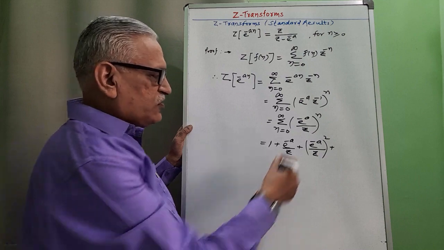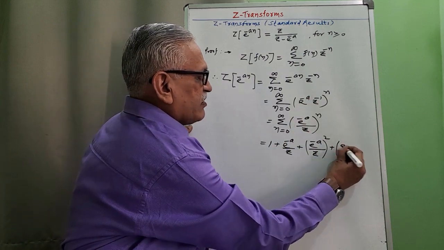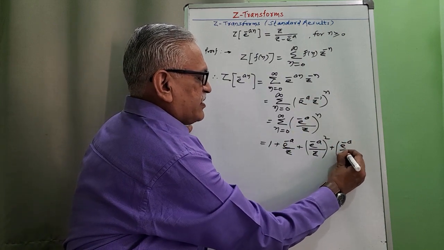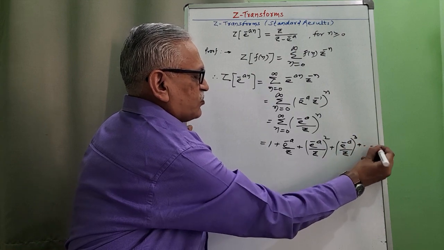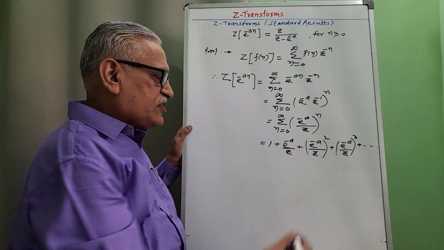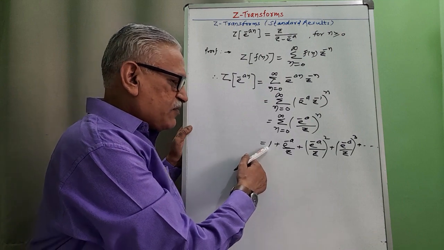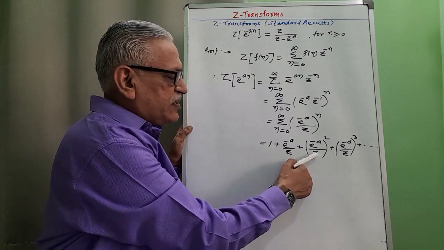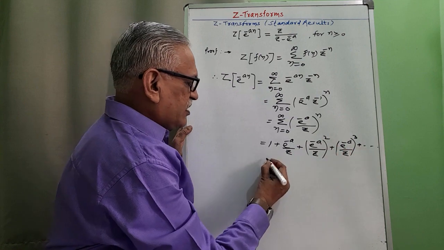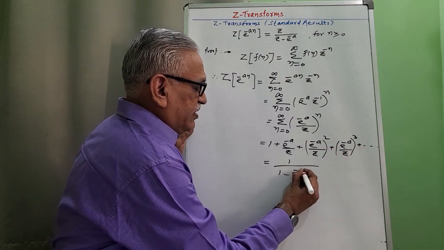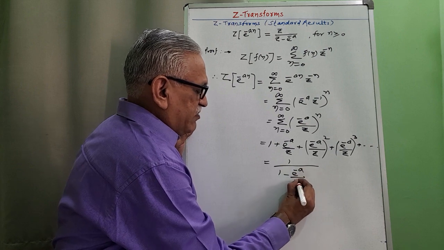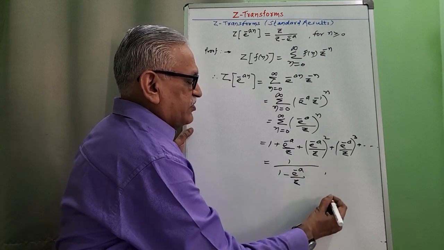Next, for n equal to 3, we get e raised to minus a by z whole cube, and so on. The sum of this type of term, 1 plus capital X plus capital X square and so on, is 1 upon 1 minus e raised to minus a whole divided by z,